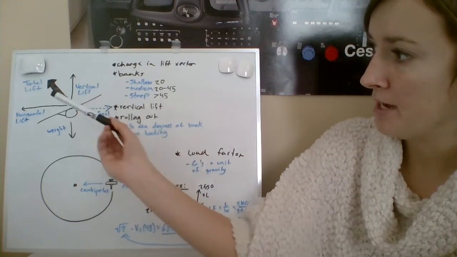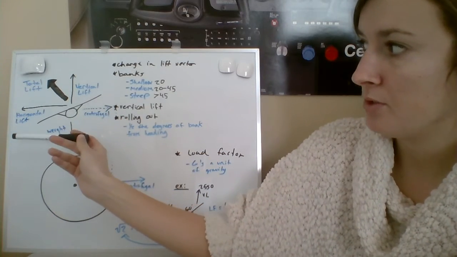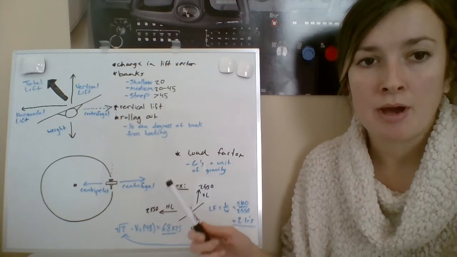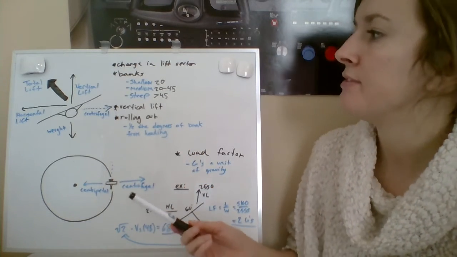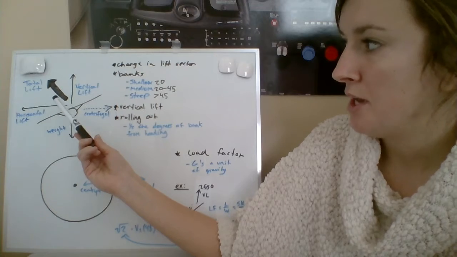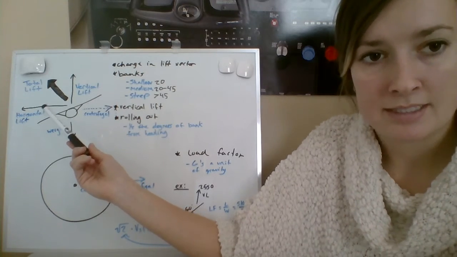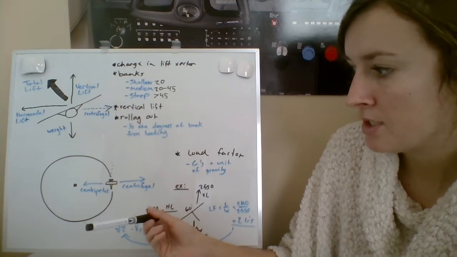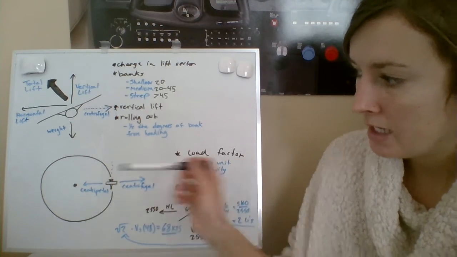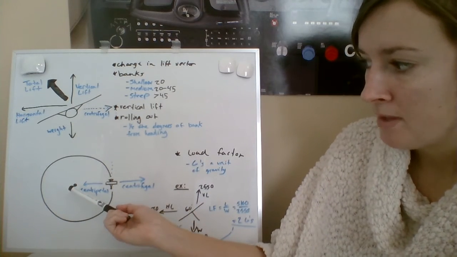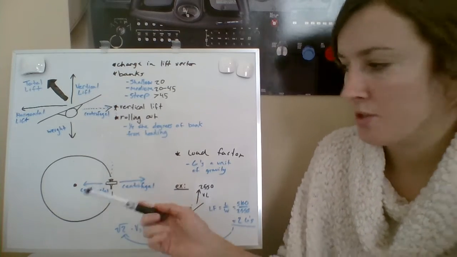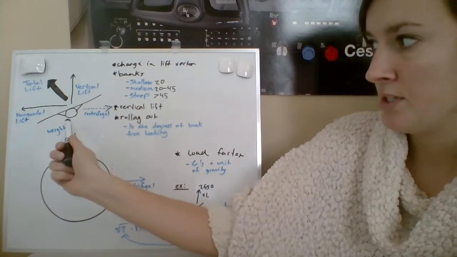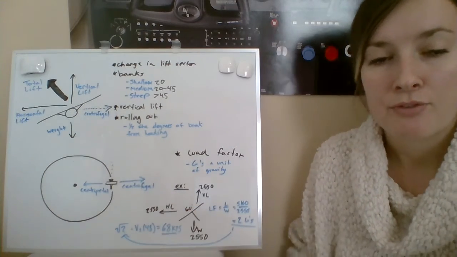And so whenever we have a greater horizontal component of lift, we have to add back pressure to help our vertical component of lift in order to have a greater total lift acting on the aircraft, because we have a centripetal force that is pulling us in towards the center of our turn, and then we also have a counteracting centrifugal force that is pulling us away from the center